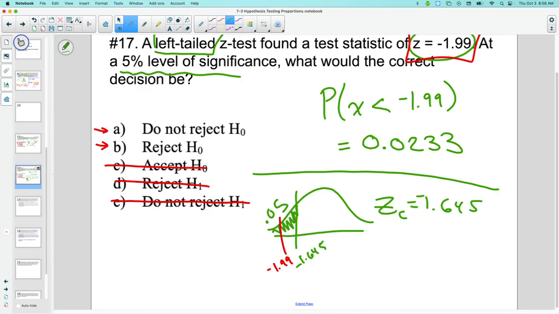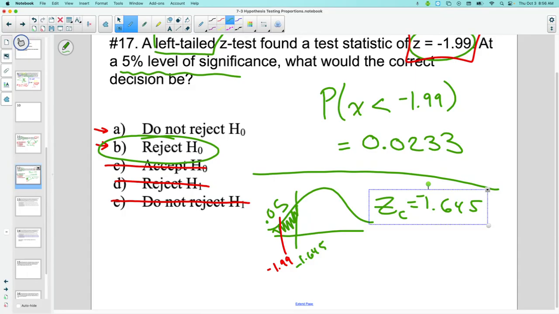Land in the critical zone, meaning that this evidence is strong enough to say, hey, that original thing somebody said, it's probably not correct. I have strong evidence to say that you are not right. I'm going to reject your answer. I don't think you're right. My evidence shows otherwise. And this bottom one here, this is the way I prefer to think about it, because